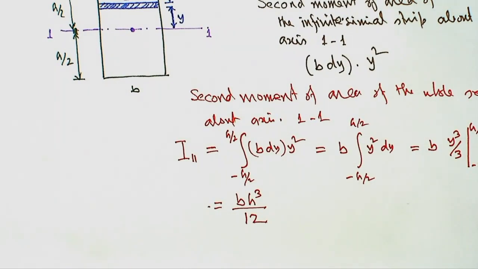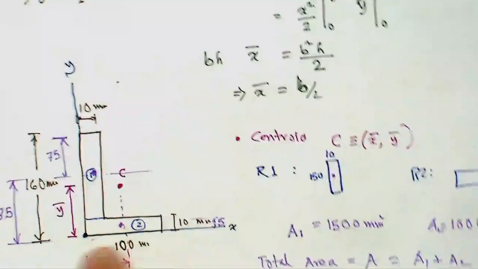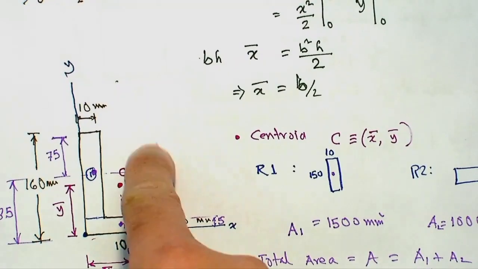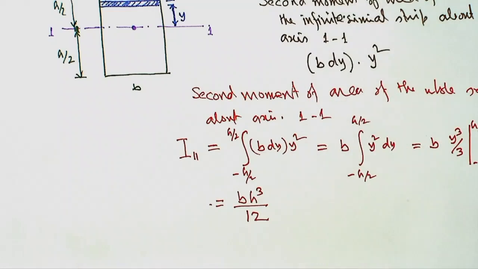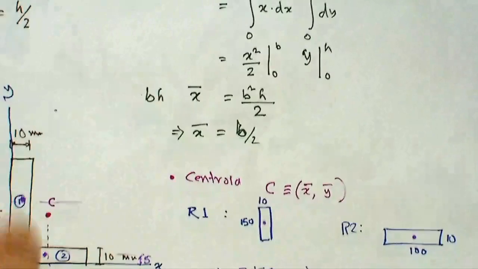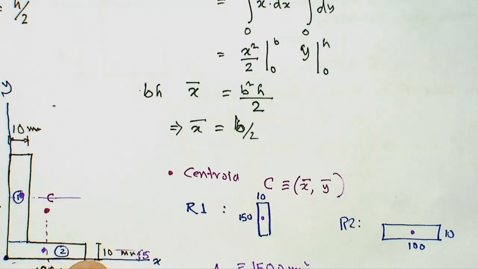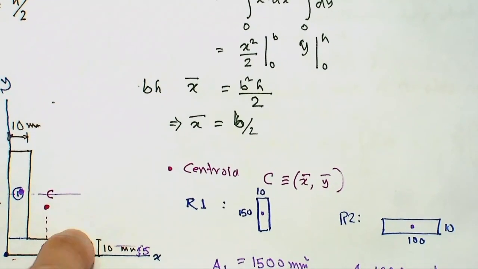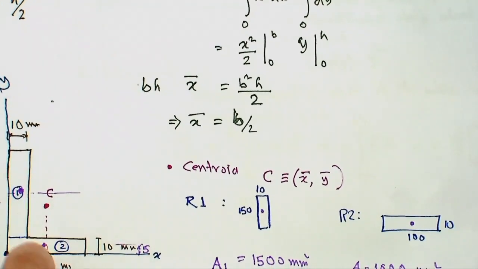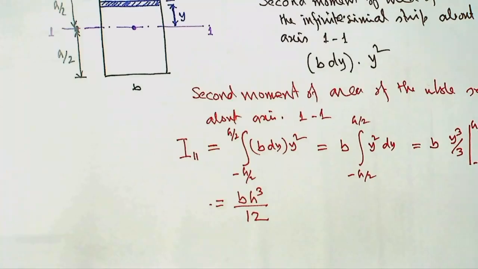Now sometimes it would also be useful to find out the second moment of area about another axis, which is possibly parallel to that one. Like in this case, if you have got a composite section, and you have got to find out the second moment of area of this whole section, the axis would go through both rectangle centroids. What do you do then? There is this idea of the parallel axis theorem, which says that you can calculate the second moment of area